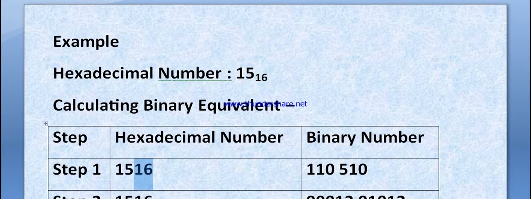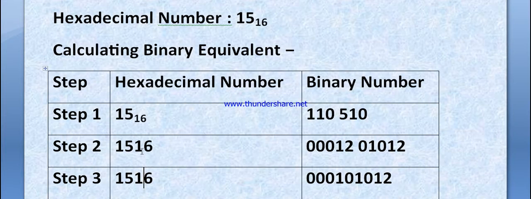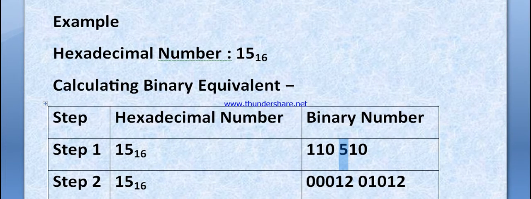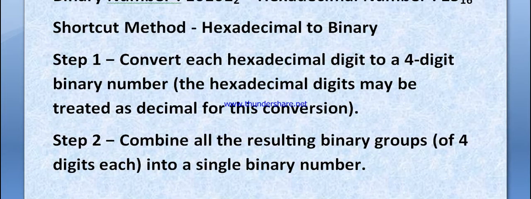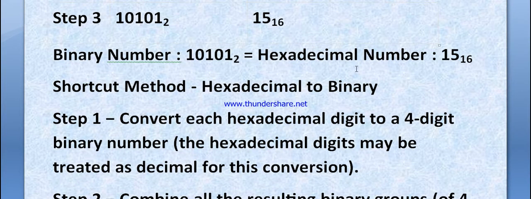So how can we convert? It is simple. First we calculate all the value of this and this. Now, just understand what is the binary number of 1 and 5. 15. What is the binary number of 15? We wrote it just now. This is the binary number of 15. 10101.